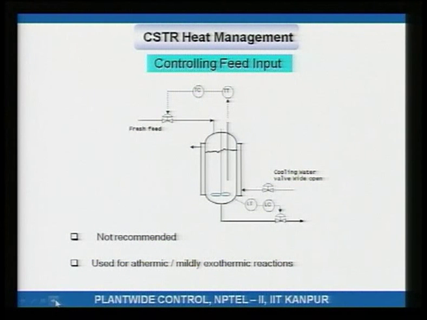This is something typically seen in production for exothermic reactions. You would like to produce as much as you can, because we have got a volume driven process industry, the more you produce the more profit you make. Okay, because whatever you produce gets sold in the market. So, how do you make maximum profit? By producing as much as you can.